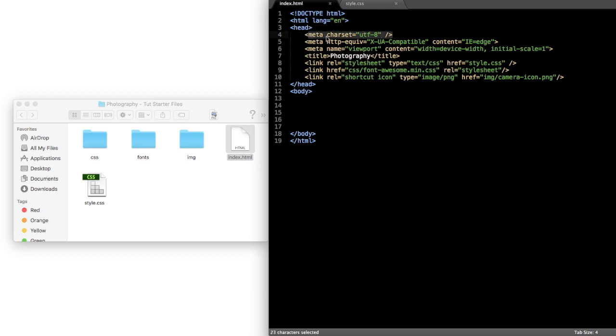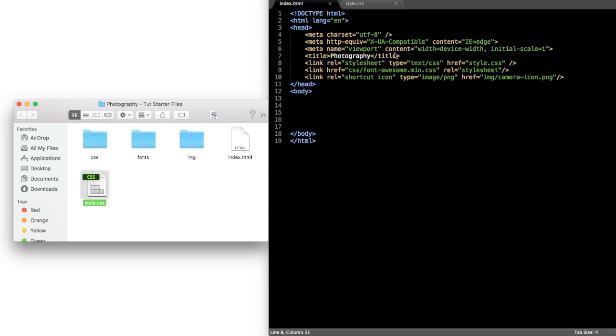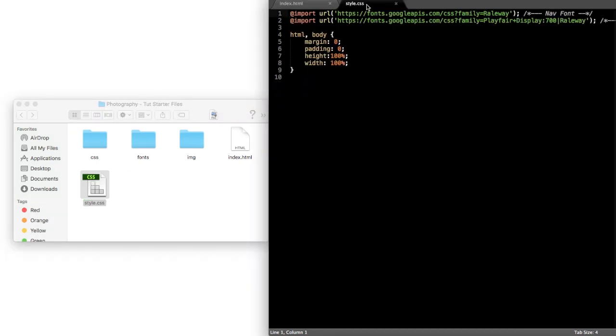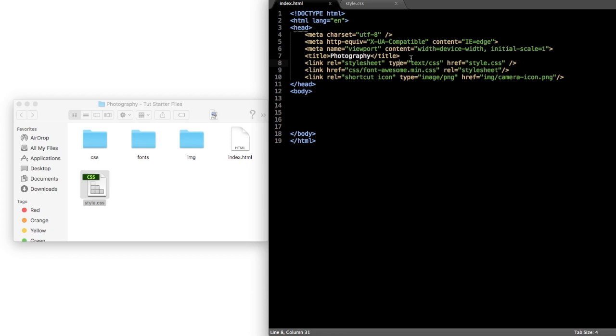So UTF-8 is a standard character set for the web, and then the meta IE Edge compatibility tag for Internet Explorer, followed by the viewport device width with initial scale 1 for mobile websites, and then the title of the website, which I'll show you where that displays in just a second. Underneath that, we're linking to the style sheet that we see here that we'll work on later on in the video. And then we have